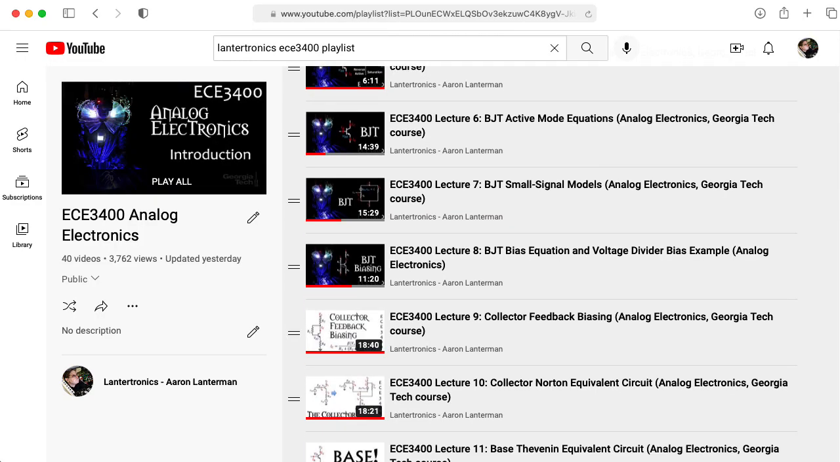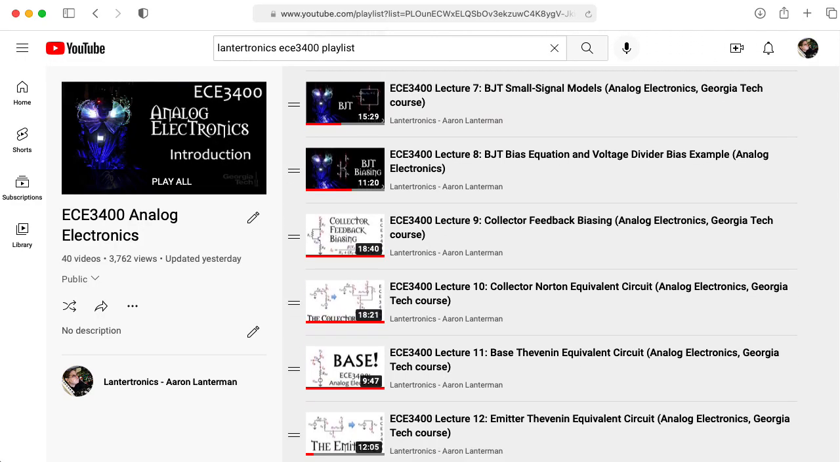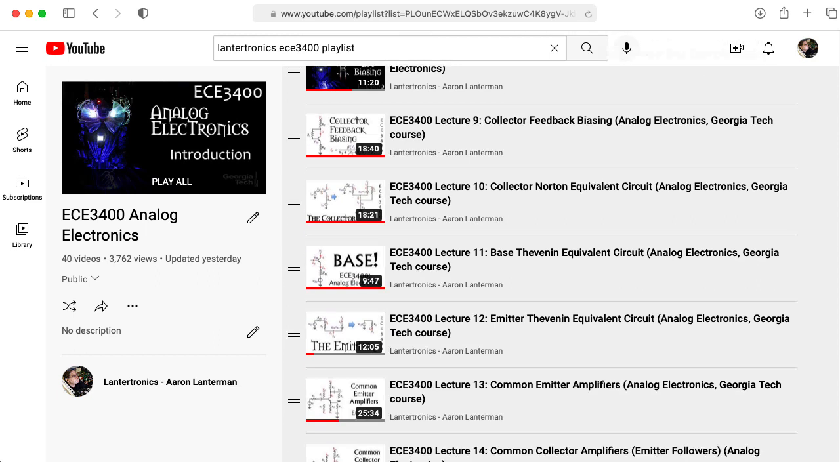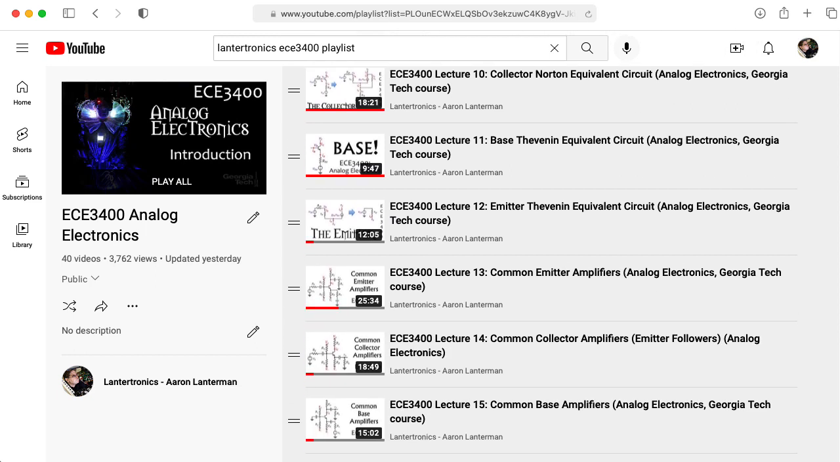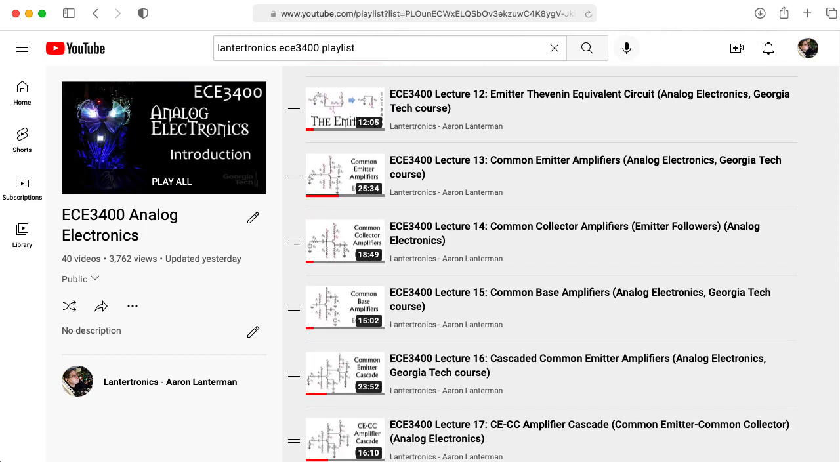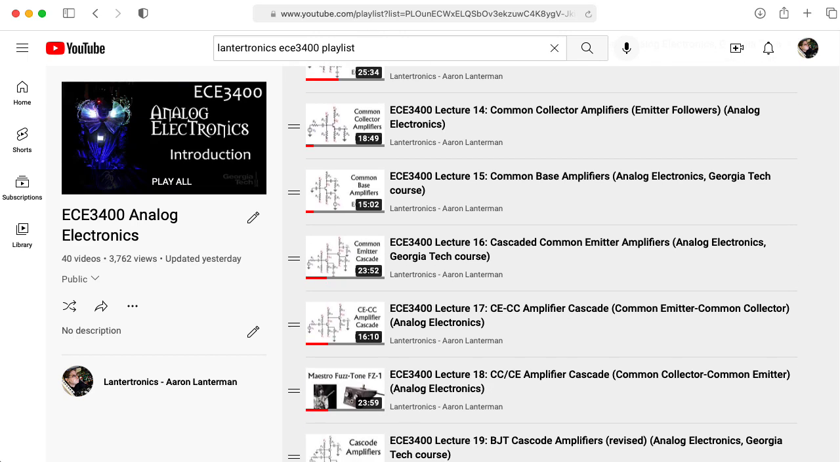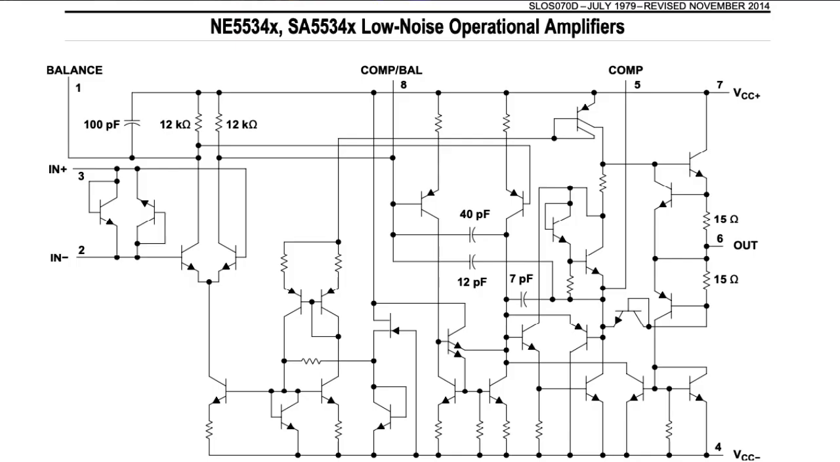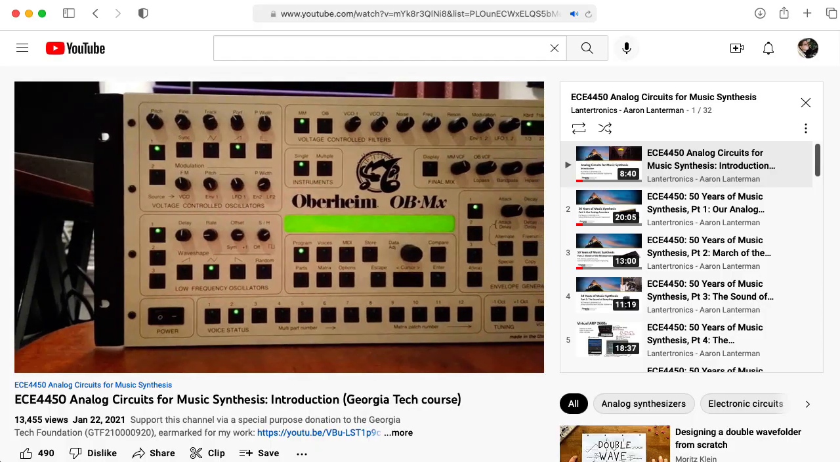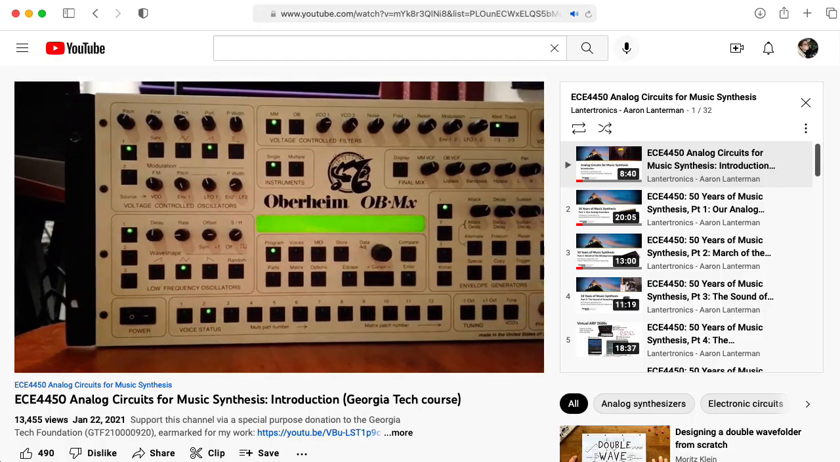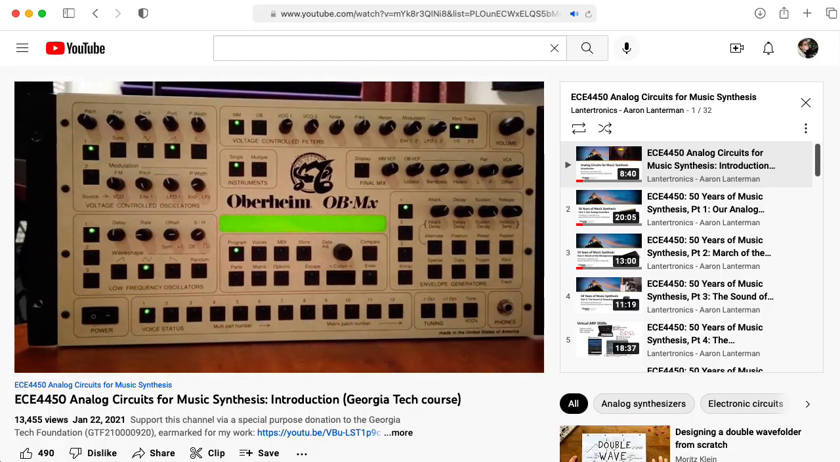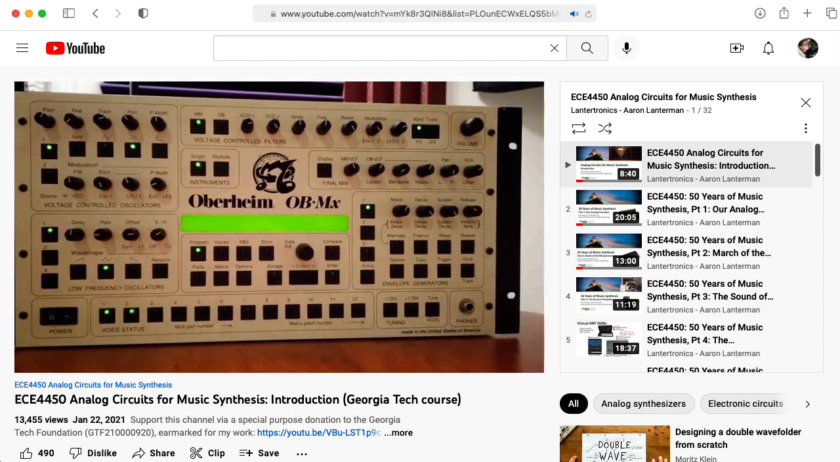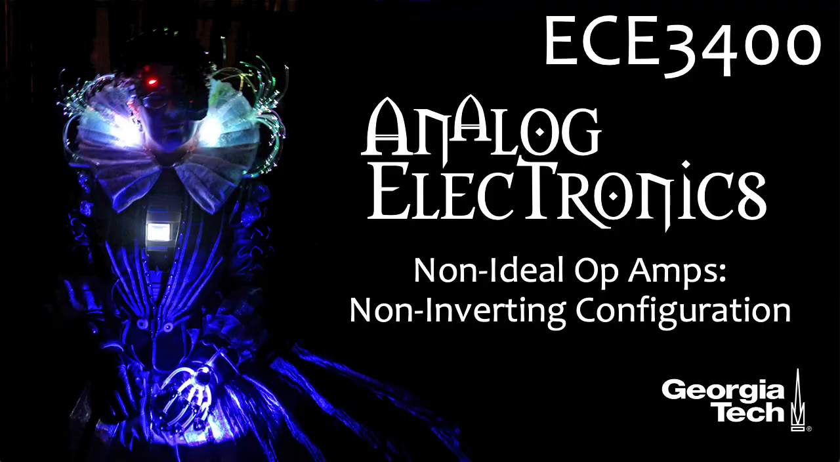So most of ECE3400 analog electronics deals with design at the transistor level. So you hook different transistors, BJTs or MOSFETs or whatever together to do different things, like build an operational amplifier. This is in contrast to something like my analog circuits for music synthesis class that mostly operates at the integrated circuit level. But here in ECE3400, I would like to take a break from transistor level design and talk about